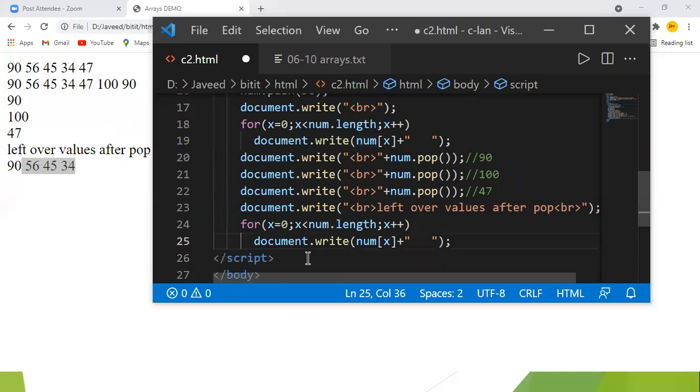They are operations performed on what we call a stack. So when you say push, it adds values, and when I say pop off, it removes values from my array. That's how push and pop can be made use of.